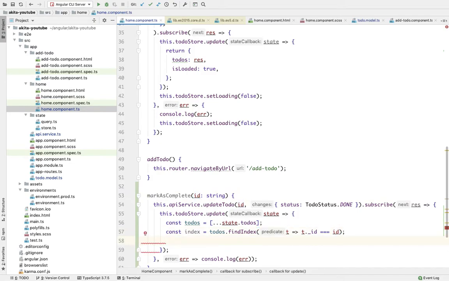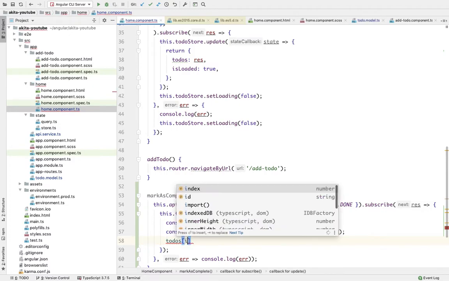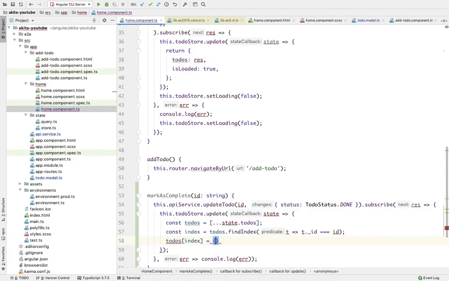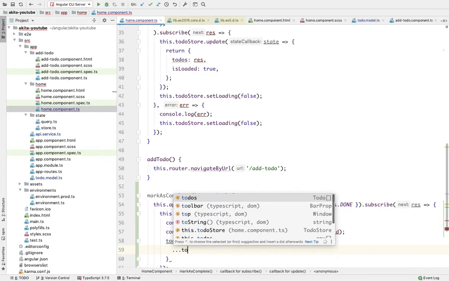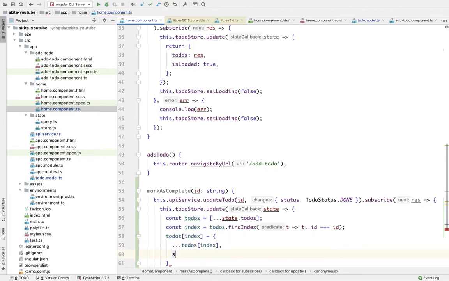Now we are going to update the to-do at that index. So todos at index is equal to ...todos at index, comma, status is equal to ToDoStatus.Done.